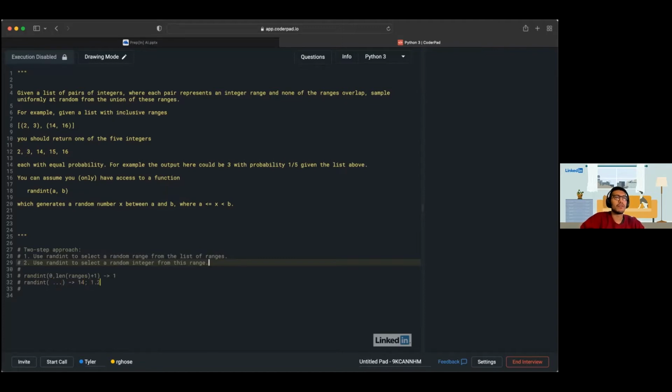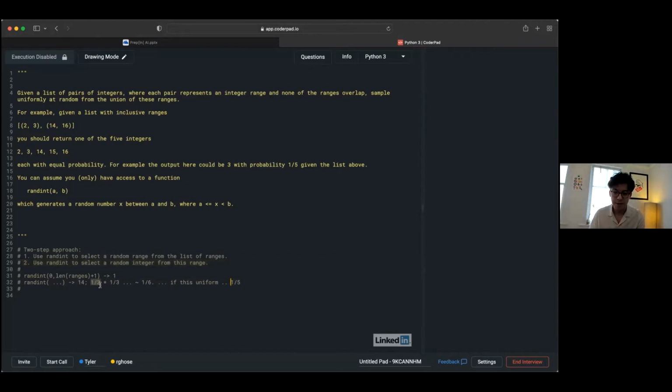So it seems like the probability there would be 1/2 on the first, and then for 14, 15, 16, 1/3 there. So that'd give us 1/6. But ideally, since there are 5 numbers that we can see above, if this was uniform, we would want it to be 1/5. So it seems like we might have a bit of a disconnect there. Okay, I see, right.